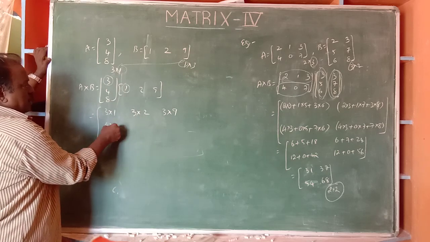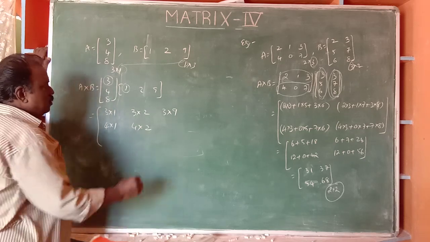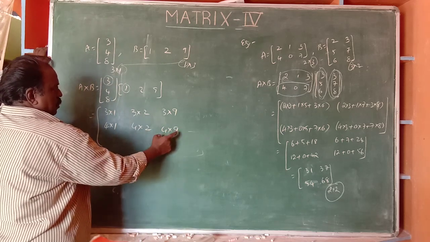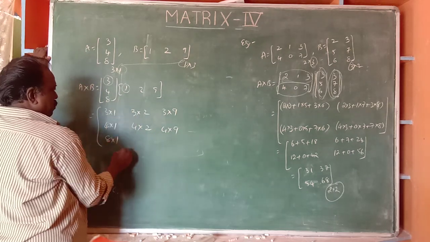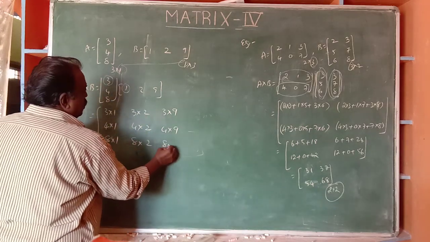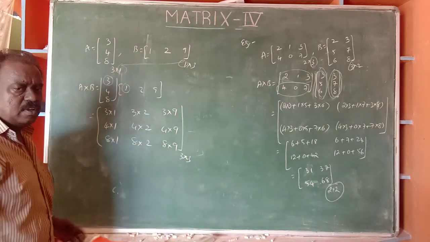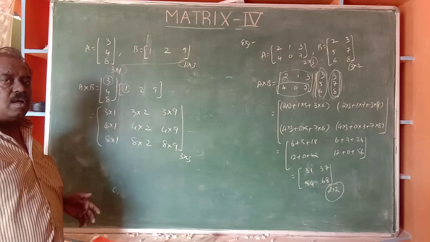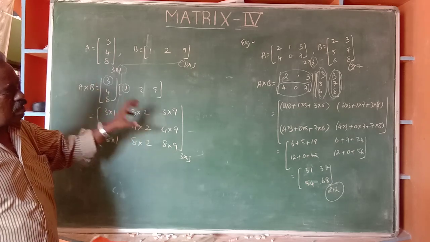Next, second row, first column. Again the same, second row, second column. Second row, third column. Third row, first column element, 8 into 1. Third row, second column, 8 into 2. And the last, 8 into 9. Okay now? This is 3 by 3. Of course, there may be some confusion, but you have to follow. Observe it 3 or 4 times, and by taking the examples in your textbook, you try to solve them. You have to solve a number of problems.